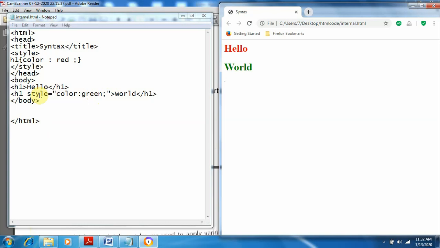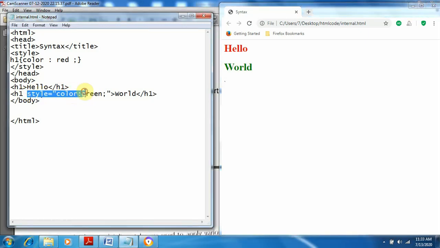Now you know the difference between inline and internal. We use inline if we have two tags of the same name, but we want different styles in both. For this we have to use inline CSS on that particular tag. This is the inline tag, and this one is the internal tag. Internal means the style is applied to the whole body of this program. Inline is applied to this particular tag. This is the difference between inline and internal.